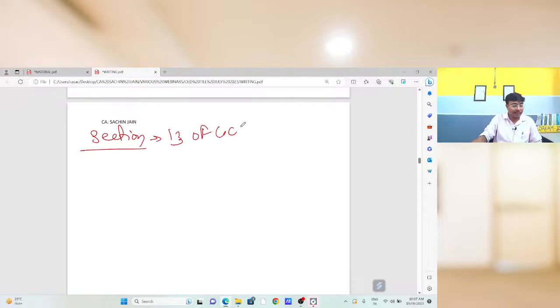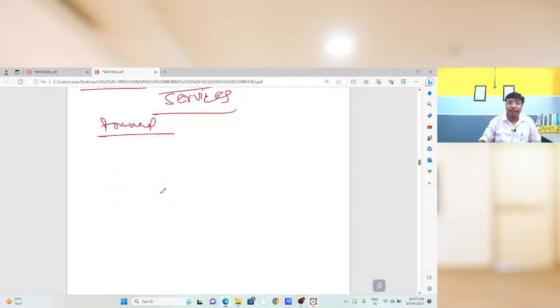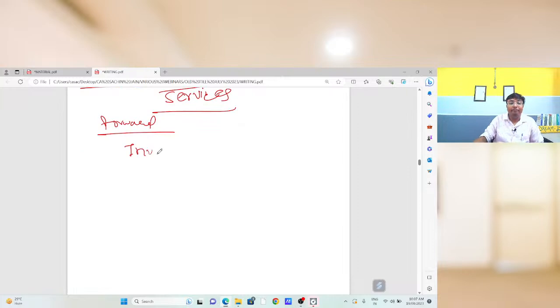Section 13 of the CGST Act will be applicable in case of supply of services. So, in case of supply of services, first, if I am talking about forward charge mechanism, suppose I am going to make the supply of services, I am going to provide consultancy services. In that case, I am the supplier of services, or I am going to take this session. For that purpose, we charged one amount from you, and GST is also charged on that amount. In that case, I am making the supply of services under forward charge mechanism. What will be the time of supply? In that case, the time of supply will be the date of issue of invoice